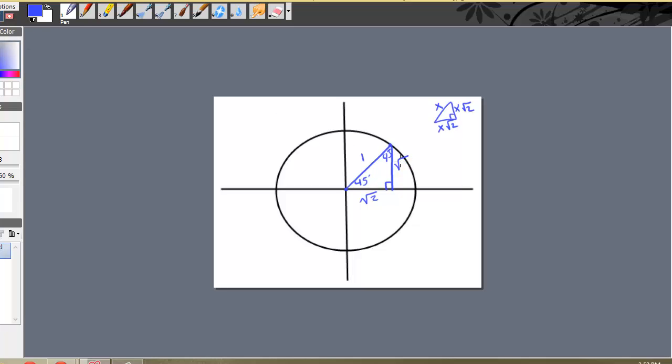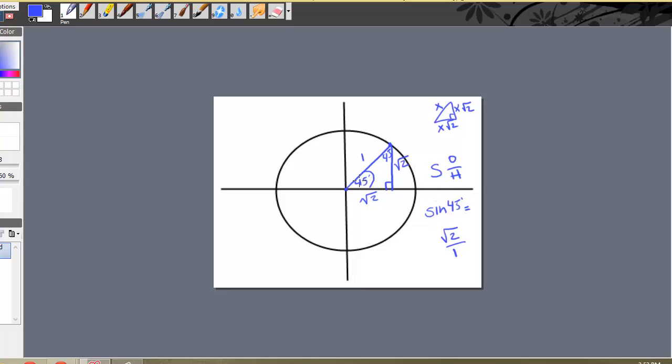Our legs are root 2 and root 2. So your sine of 45 degrees, and we're talking about this 45, not the other one, is opposite over hypotenuse, which is root 2 over 1. So your sine of 45 is simply root 2, and we know that makes sense because